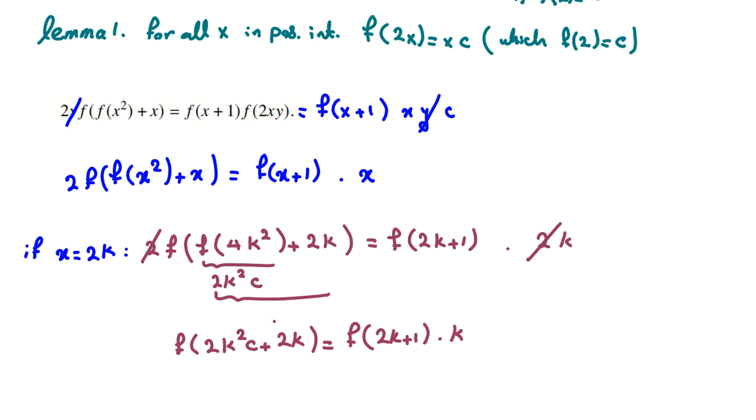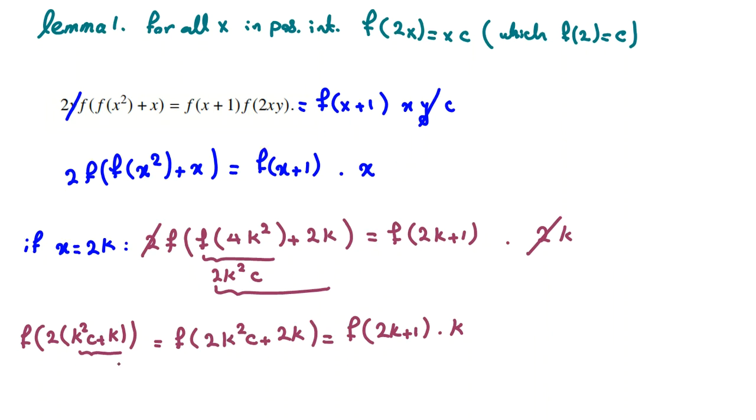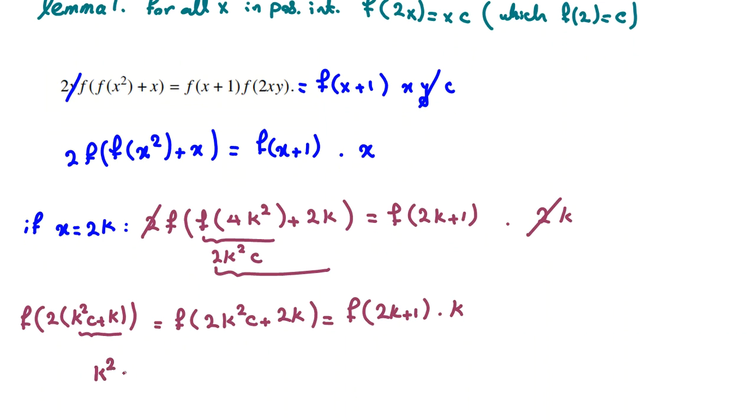Now, again, for this one, how have we used this lemma 1? Again, we use lemma 1. And it is f of 2 times this part. Let me write it is f of 2 times k squared c plus k. Now, you should multiply this by c. Look, 2x, f of 2x is xc. Here our x is k squared c plus k. Now we say, okay, k squared c plus k is x times c equal to f of 2k plus 1